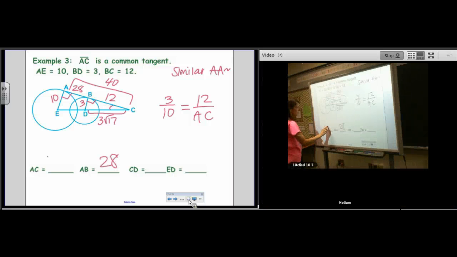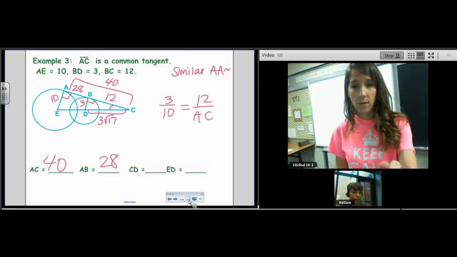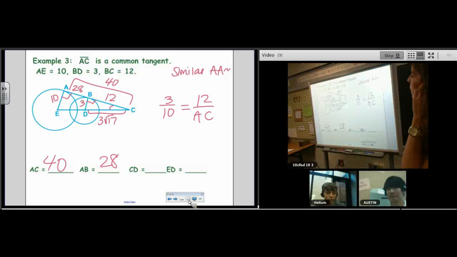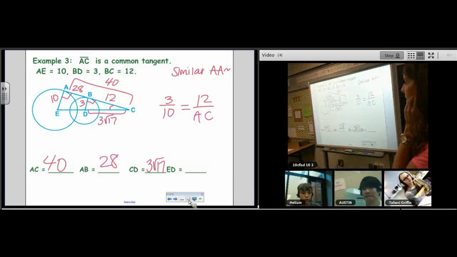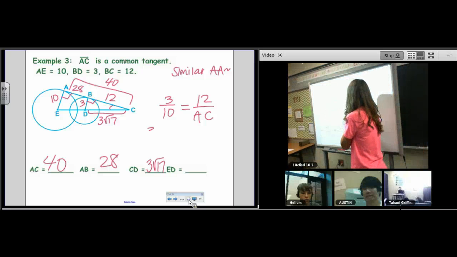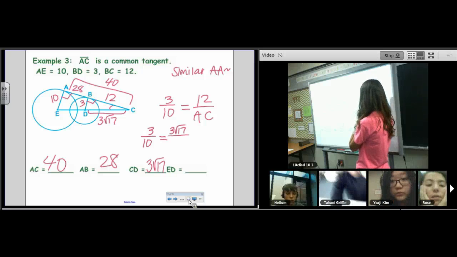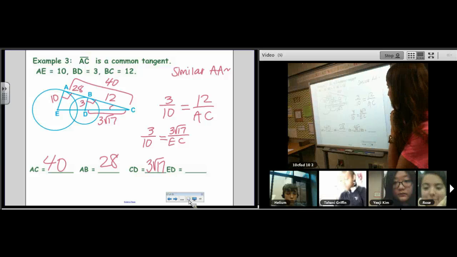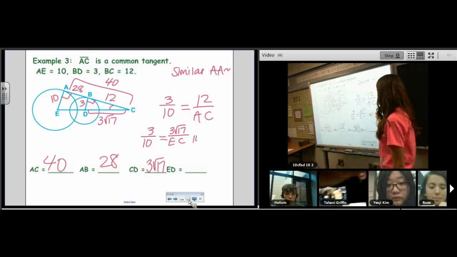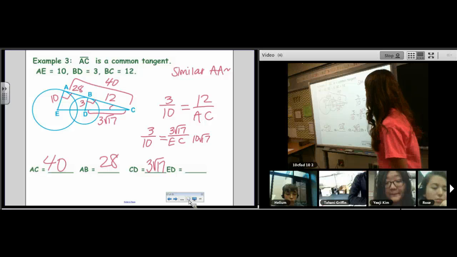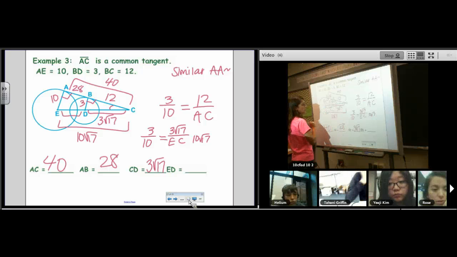Are we okay with this so far? We used a proportion to help us find AC because those triangles are similar. We've got right angles and we've got a shared angle. CD, we already found it. And ED. Let's use our same proportion. 3 is to 10 as 3 root 17 is to EC. Well, this is nice. 3 root 17, so 10 root 17. So EC is 10 root 17. So ED is